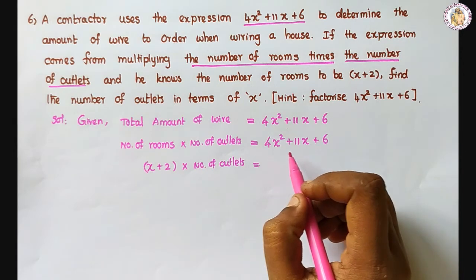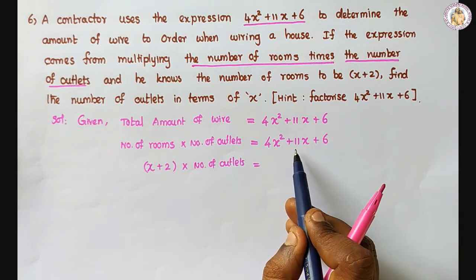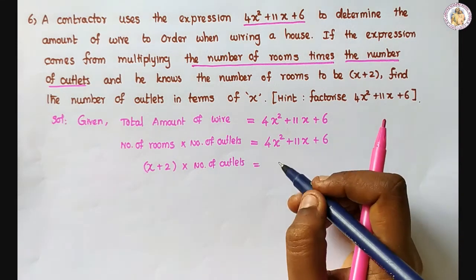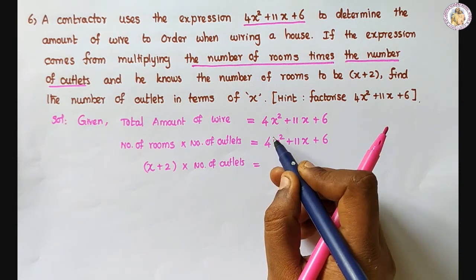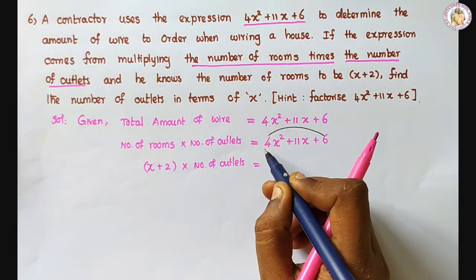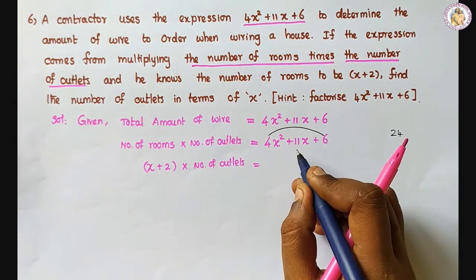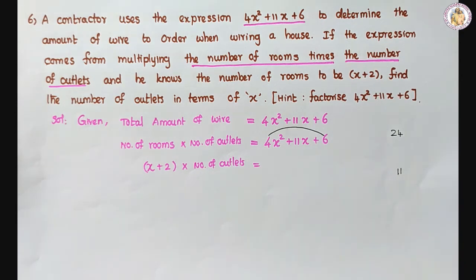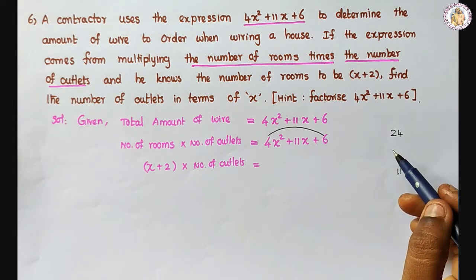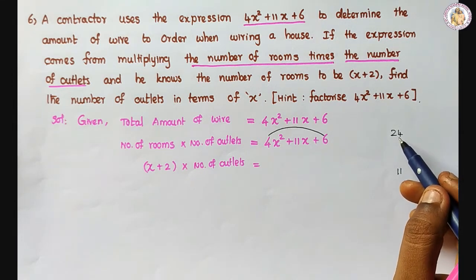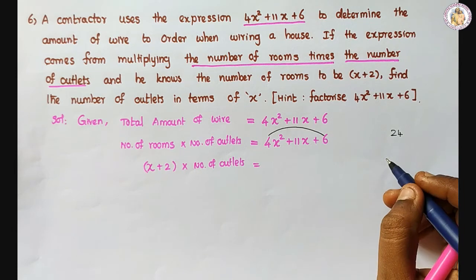Here, first we find the factors of 4x squared plus 11x plus 6. How will you find the factors? By the factorization method. Listen, first multiply these two numbers: plus into plus, plus. 6 fours are 24, and here 11. Now we want to find two numbers whose product must be 24 and whose sum must be 11. What are the numbers?